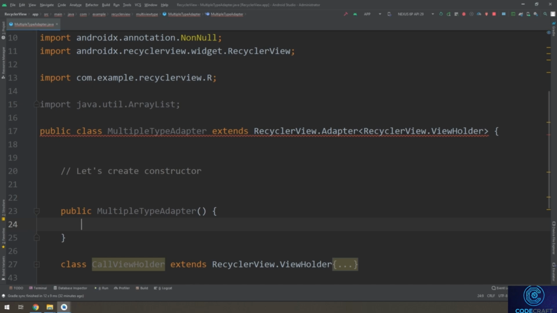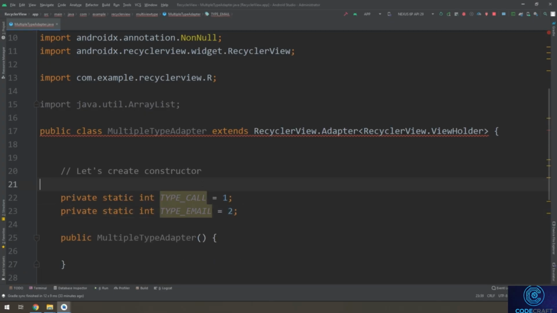I will create a private static integer called TYPE_CALL equal to 1, and a private static integer TYPE_EMAIL equal to 2. I have created 2 static integers,